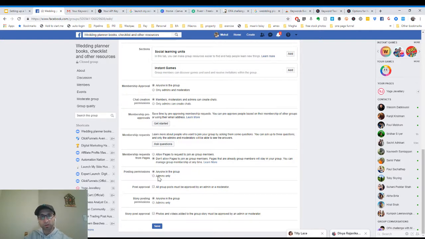And also posting permissions. Do you want anyone to be able to post in this group? What happens when the group goes really big? You might not have the capacity to manage the group daily or hourly. So you might just say you want only admins to post in this group, or if you